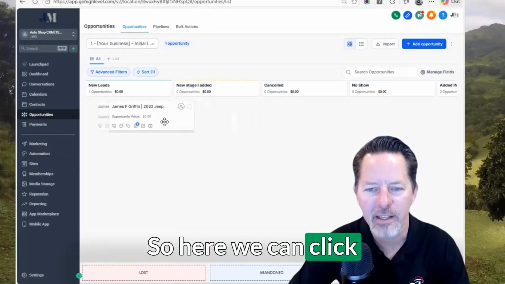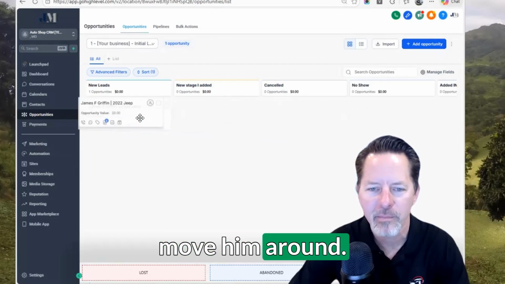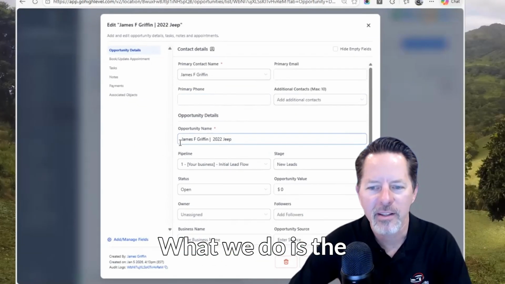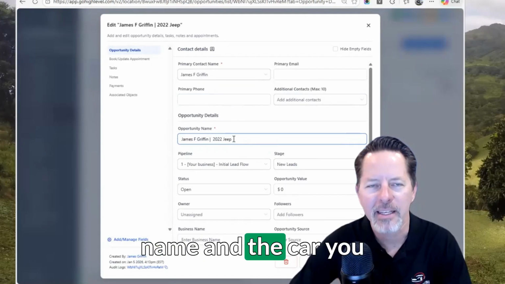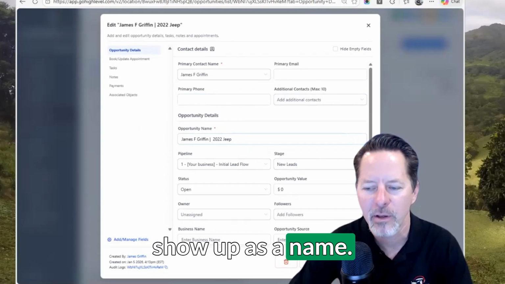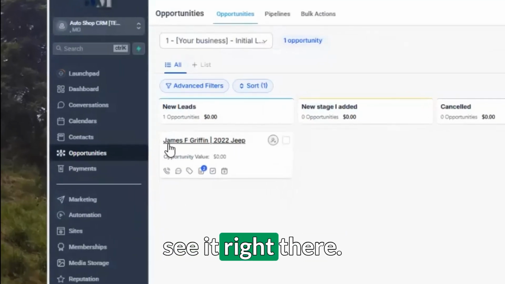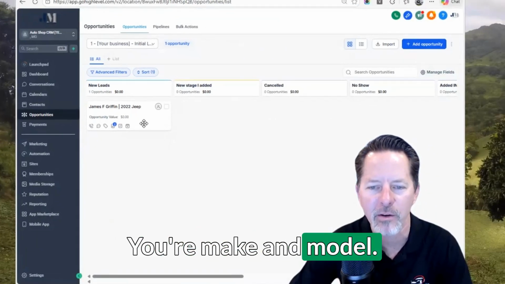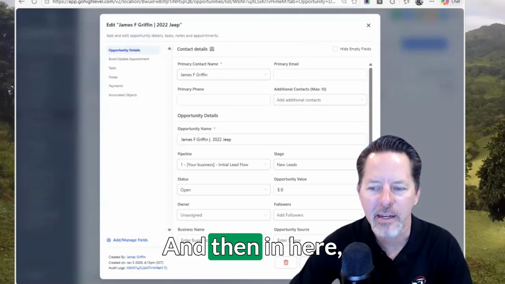So here we can click on this guy and move him around. We can click and open him. What we do is the name and the car you're making model will typically automatically show up as a name. So that way you can see it right there. It'll see that's automatically the name there and the car you're making model. And then in here,